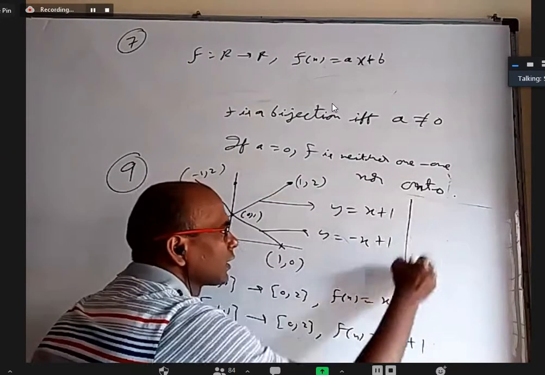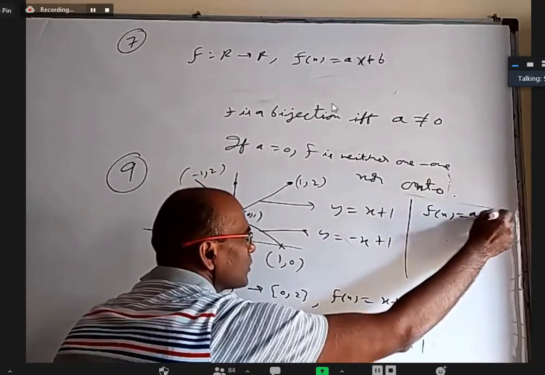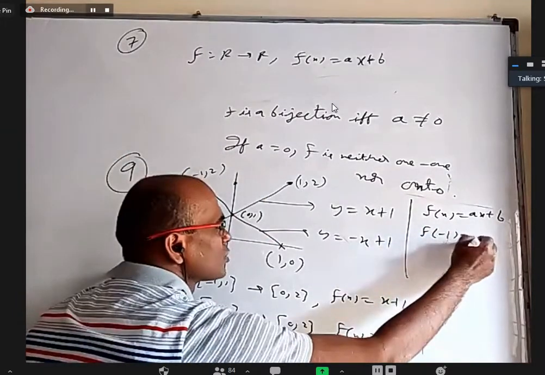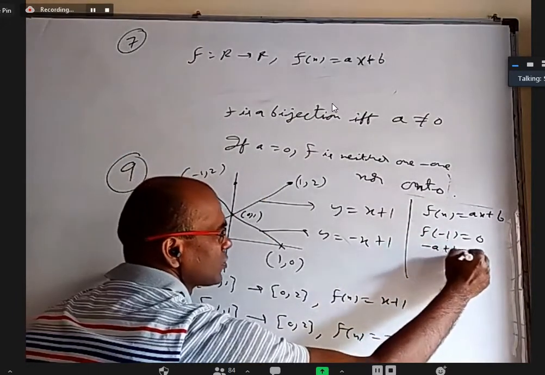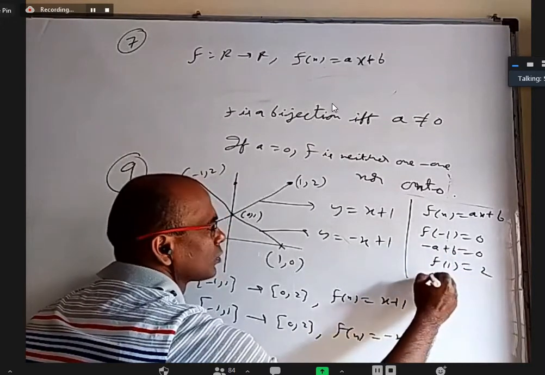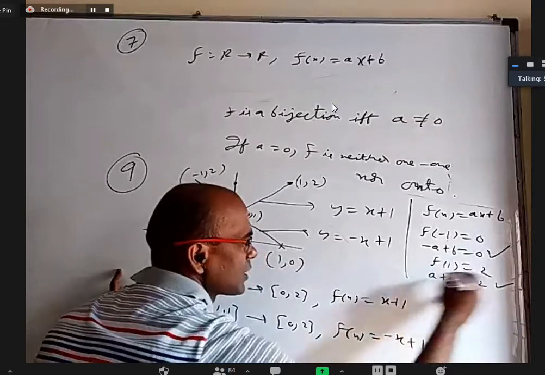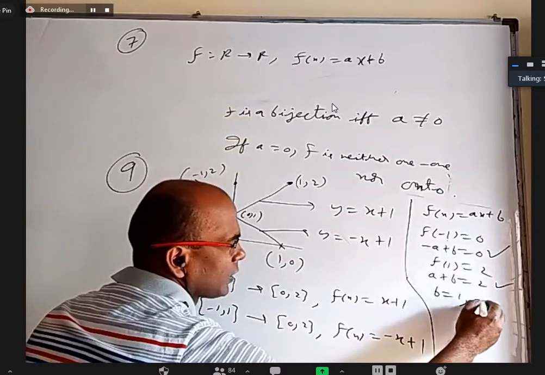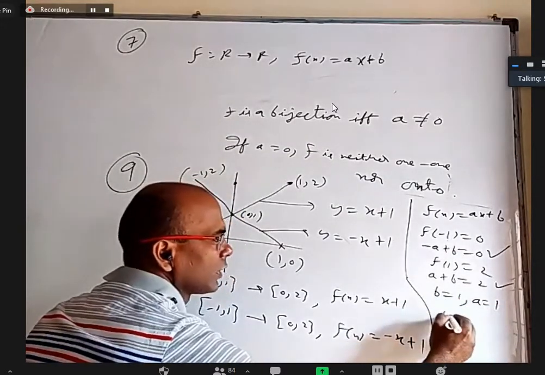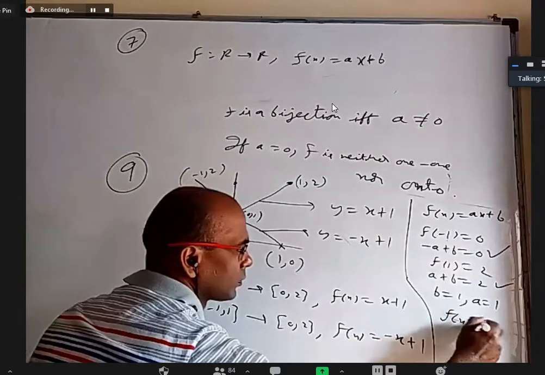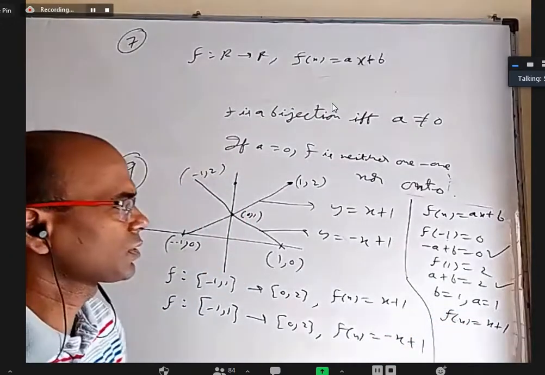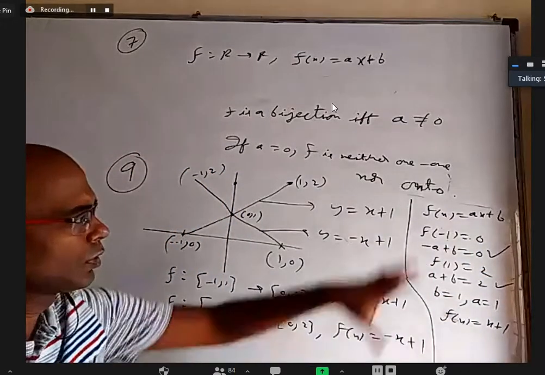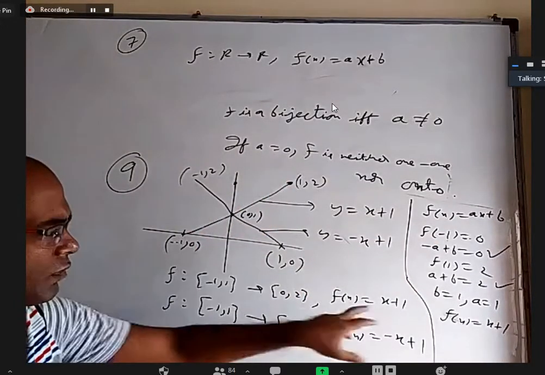If not, you can take f of x equal to ax plus b. How to find a and b? If you take this one, f of -1 is 0, so you get -a plus b is 0. f of 1 is 2, so you get a plus b equal to 2. When you solve these, you get b equal to 1 and a equal to 1. That gives you f of x equal to x plus 1. If you take the reverse, 2 here and 0 here, you get another equation, other a and b values, and one more answer. You can just do it from the figure where you know the points, and find the straight line equation.